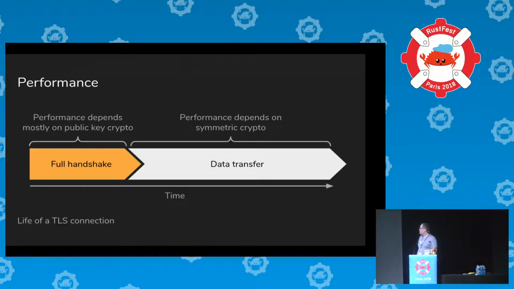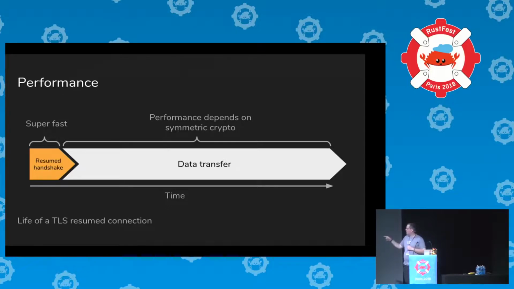So let's talk a little bit about performance. There are blog posts which expand on this section, so if you really want to look at the details or reproduce the results, then go there. But just to say that a TLS connection starts with a handshake, which involves lots of public key crypto, which is quite expensive. And then it goes into a data transfer stage where there's no public key crypto, but really what you're trying to do is take your data and shovel it at the fastest crypto implementation you can find without copying it too much or really just getting in the way in any other sense. But there's also a way of shortcutting the public key crypto if you've talked to a server before, and